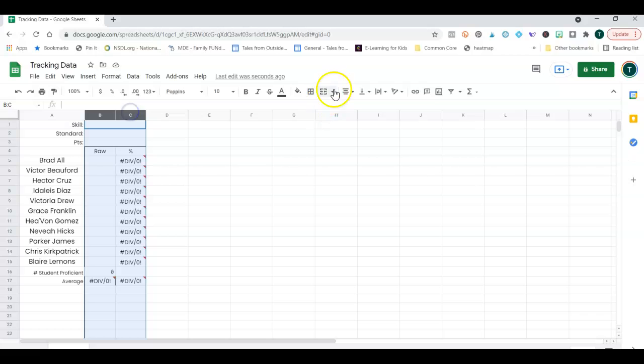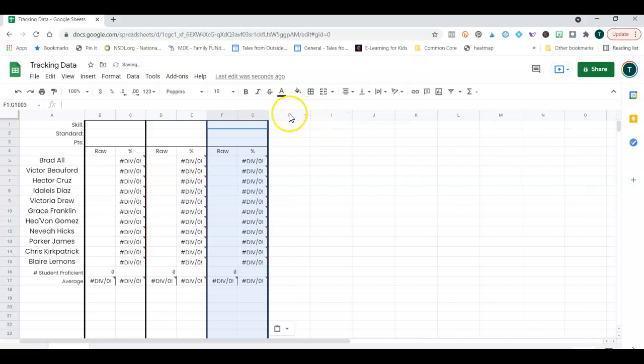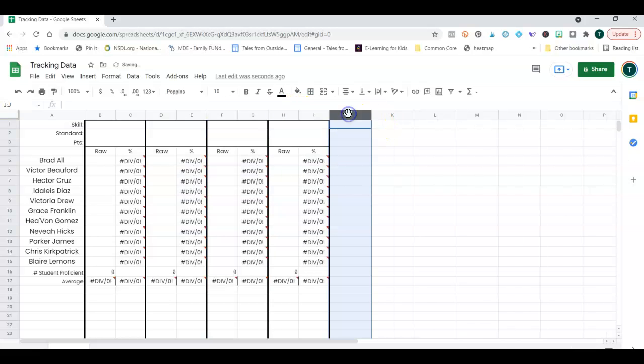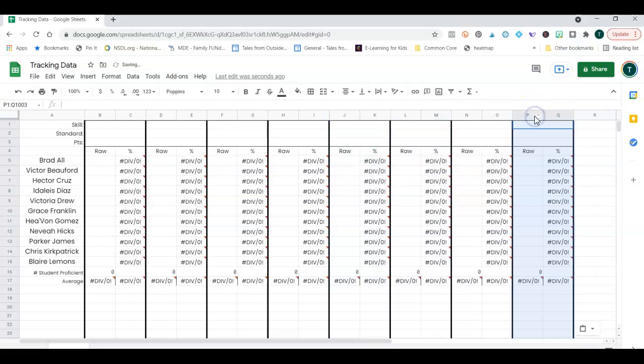So I'm literally just going to copy and paste this over and over. So I'm going to change the outside border just to make it visually separated. I'm going to come in here and then just continue to pick those left columns and paste them. The nice thing, and I will show you that in a moment, is all of my formulas have transferred over. So remember how I had to manually go through and change that denominator to be 3 to work it correctly? I don't have to continue to do that. It remembers it's a D3, and it's applying it to that same place in these columns when I've copied and